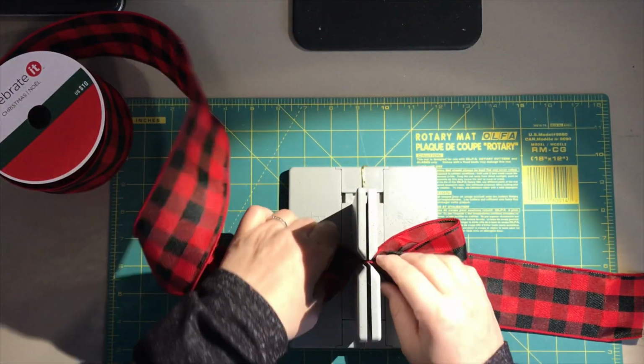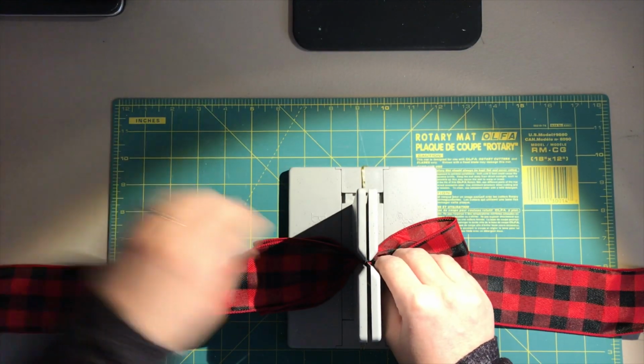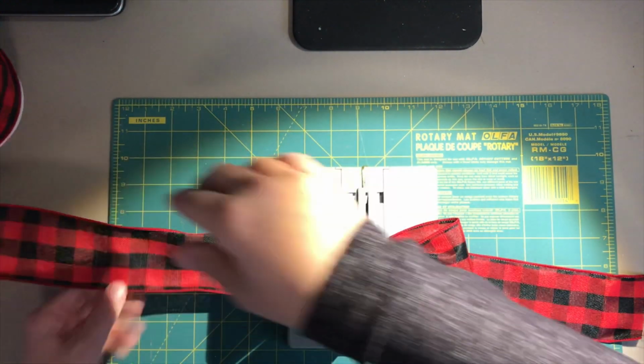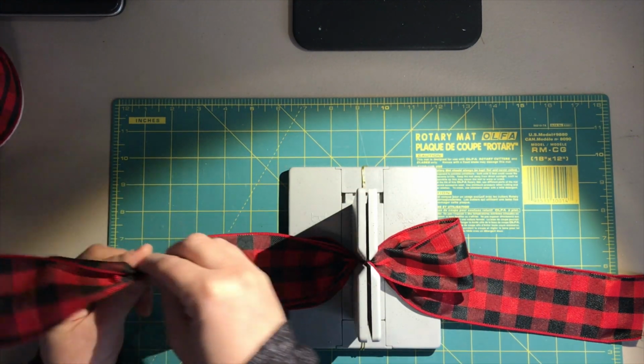I really need to get a ribbon holder. That's what I need so that it just peels off and I don't have to worry about it. I'm gonna do 4 loops. So I'm gonna do the same thing. Pull it out 8 inches, gather,